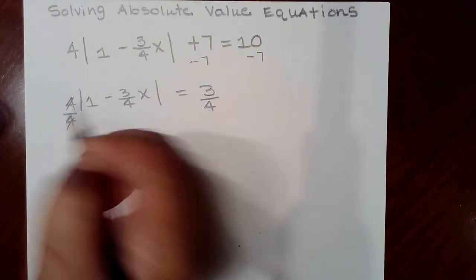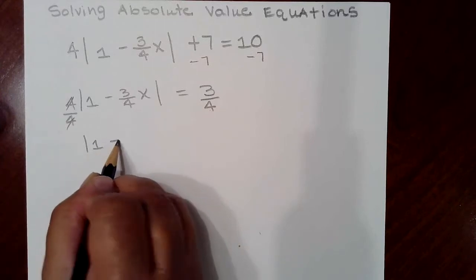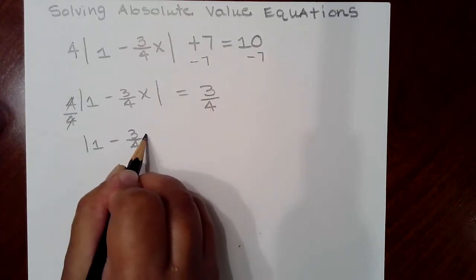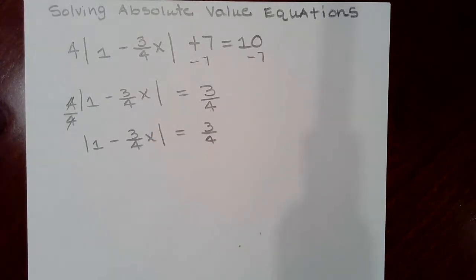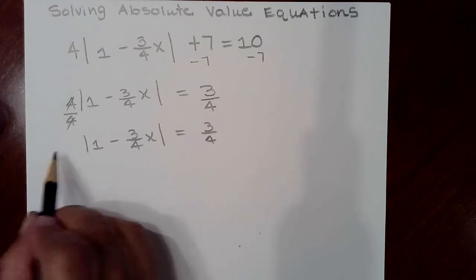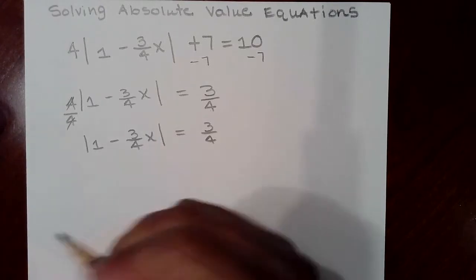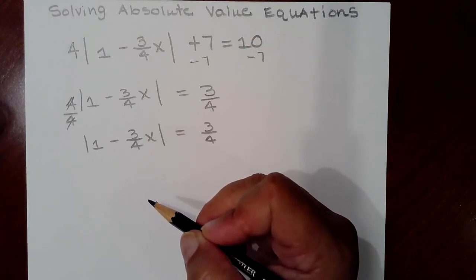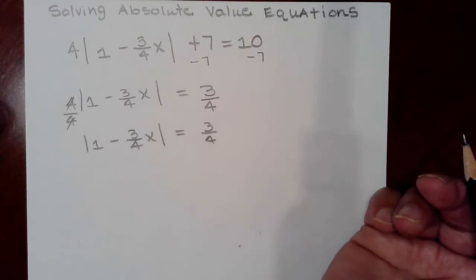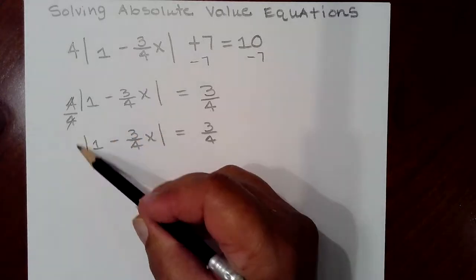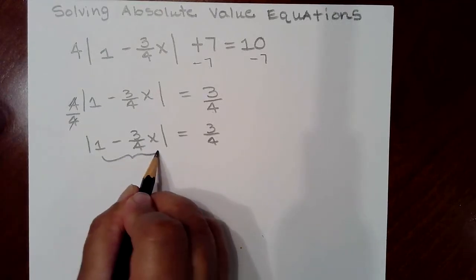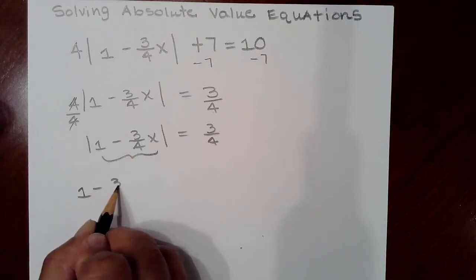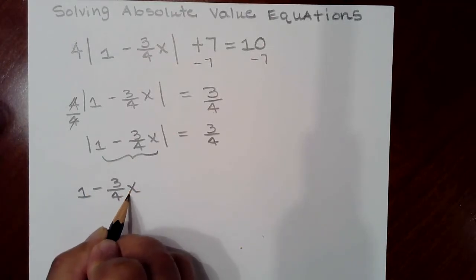At that point, this is gone, and all you have is the expression inside the absolute value bars, which again, that's the first thing you want to do, is isolate the expression inside the bar so that there's nothing being multiplied, nothing being added or subtracted. Once you've done that, then you can think about what the procedure was for removing this expression from inside the bars. And that is done as you saw in the last couple of examples in the previous video. Take the expression out,